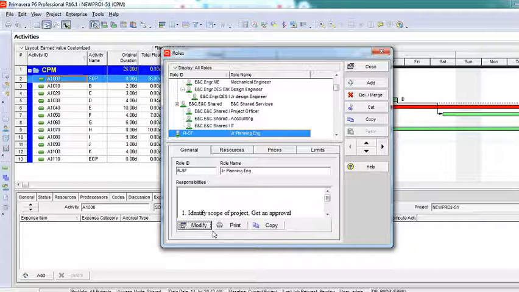Responsibility is okay, but there is something called accountability for the people whom we have given responsibility. That is what this is. Tomorrow, if there is any change in the scope, whom am I going to catch? That is where I'm saying, this planning engineer has not just a responsibility to identify scope, but also an accountability for it. Tomorrow if anything happens to that work, then I'll ask this fellow. So this is more of accountability. You can list down all the accountabilities for that particular role, and then say close.